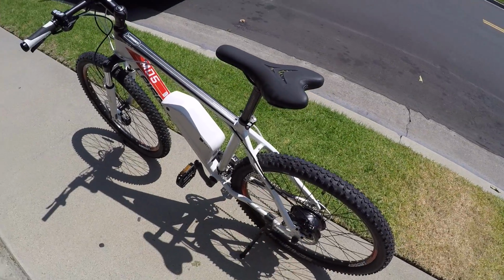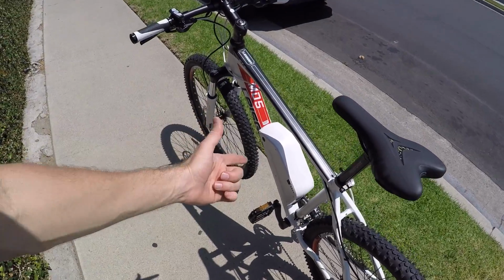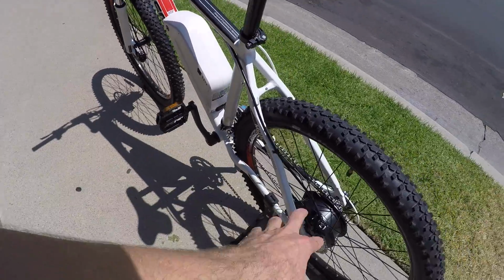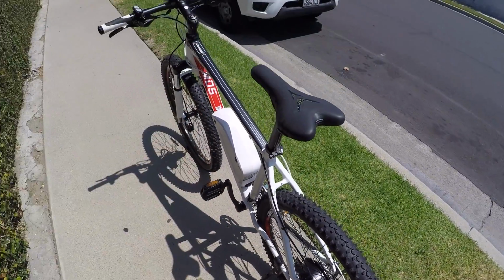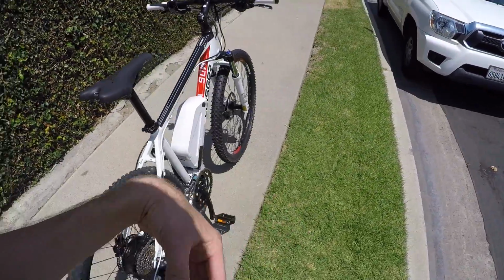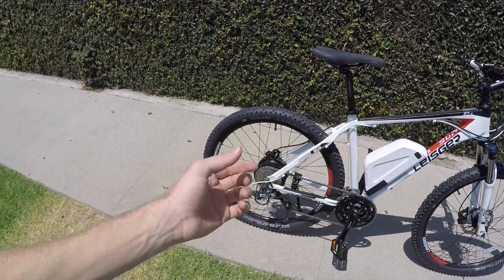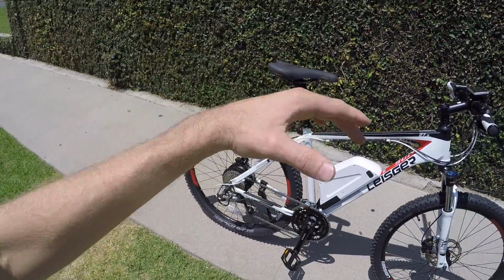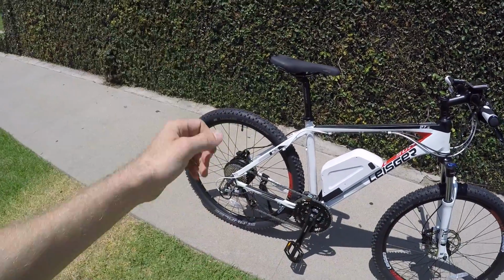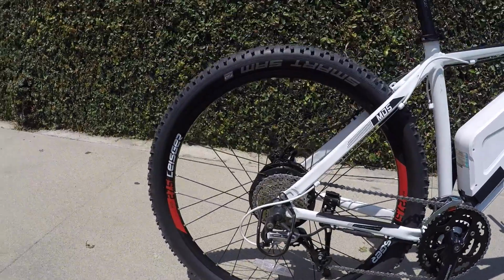It's not like you'll be fighting the system. And actually, while we're on the electronics and stuff, I want to mention that this has an upgraded sine wave controller that's going to make the motor a little bit quieter and just a little bit smoother, maybe more efficient. So a traditional electric bike motor, when used with a controller, it might be like on, off, on, off, on, off with the magnets. Whereas a sine wave controller, it's a little bit smoother. It's more like a dimmer switch where it's like on, like that. I don't know, maybe that sounds crazy to you guys, but that's what it's supposed to do, and